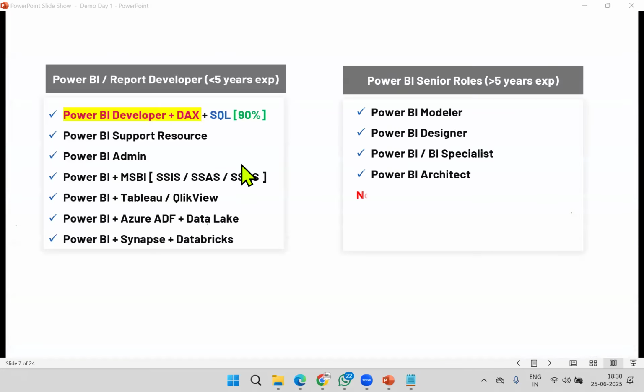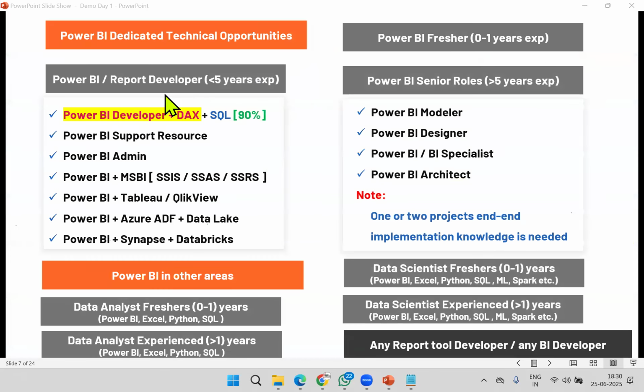Right. Finally, in case you want to try with Power BI in the market, what are the opportunities available? Fresher available, 0 to 1 year experience. Yes, many of our students selected.